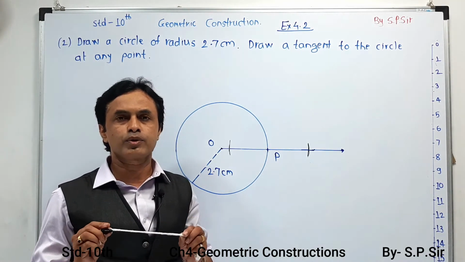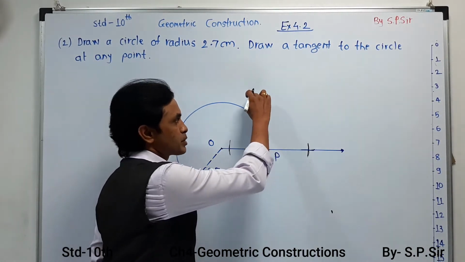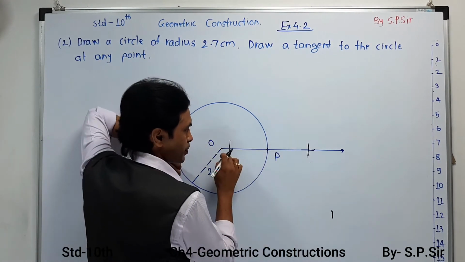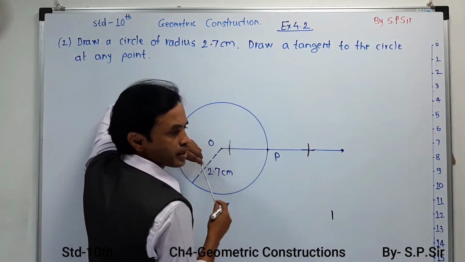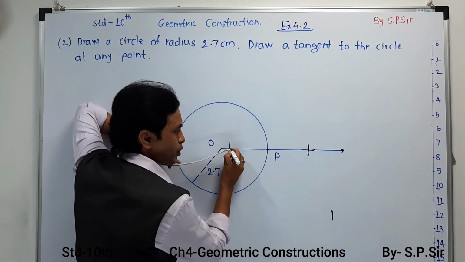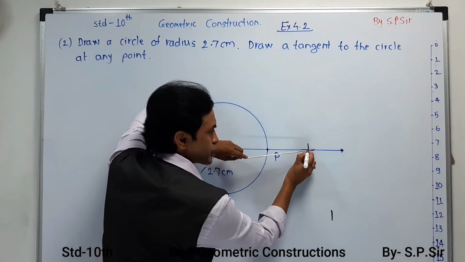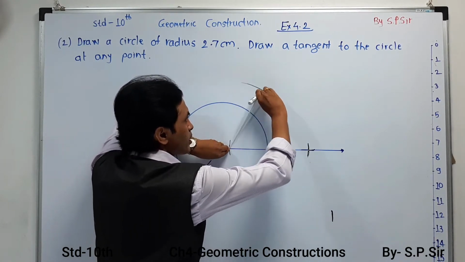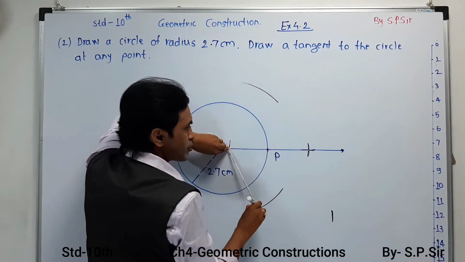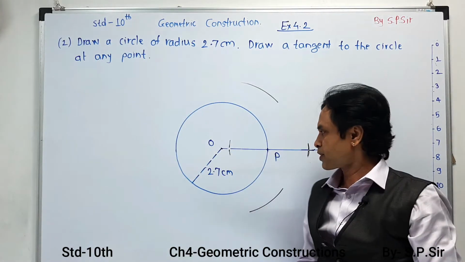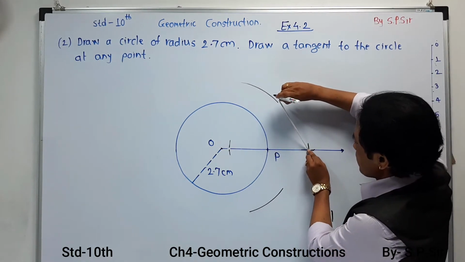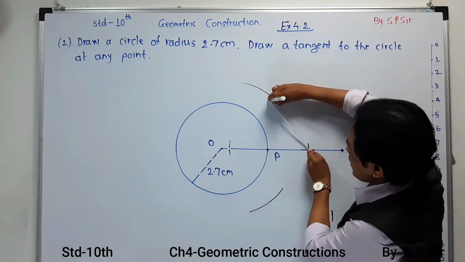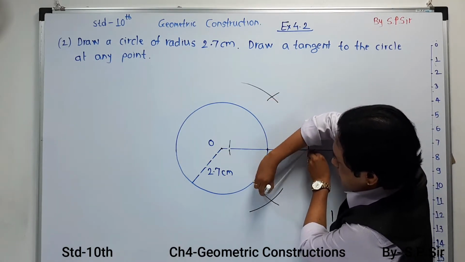Now again in the compass, you have to increase the distance so that your marks are outside the circle. That will be accurate for you. Take a distance more than half, somewhat larger than this, and now take the reference of this point and this point over here. From this reference, one mark will be upstairs and the second arc downstairs. In a similar manner, with the reference over here, you make your next marking, one mark upstairs and second mark downstairs.